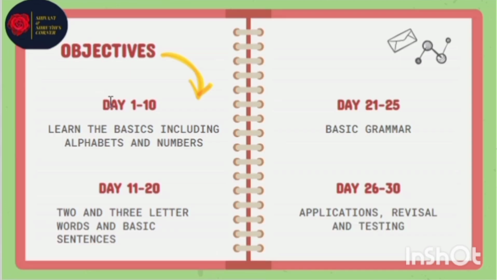And this is our schedule, day 1 to 10. So I have four phases of learning here. Day 1 to 10. Learn the basics including alphabets and numbers. So we will be learning the basics of Kannada, which is alphabets, numbers, and reading and writing of all those. Day 11 to 20. 2 and 3 letter words and basic sentences. We will learn 2 and 3 letter words from these alphabets, and basic sentences we'll be learning, that is simple